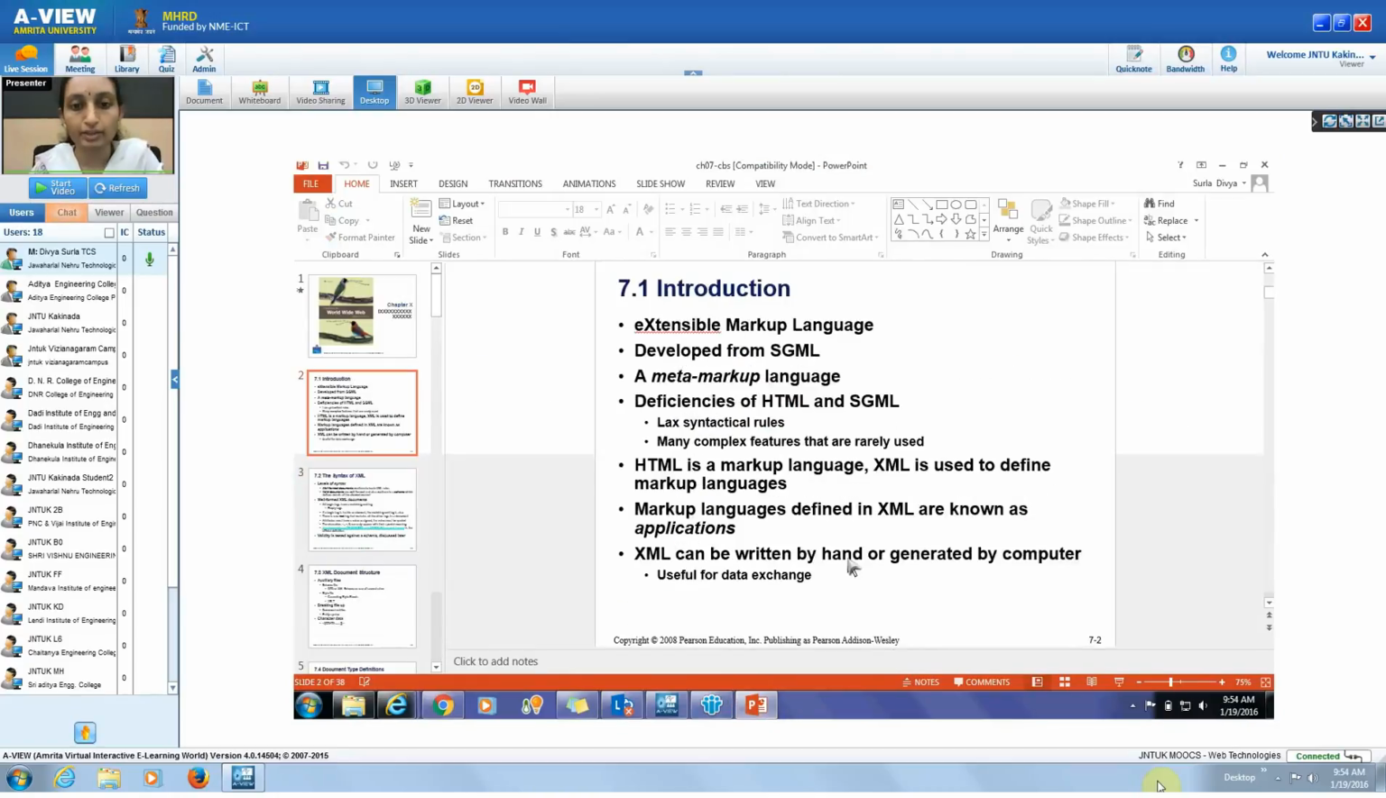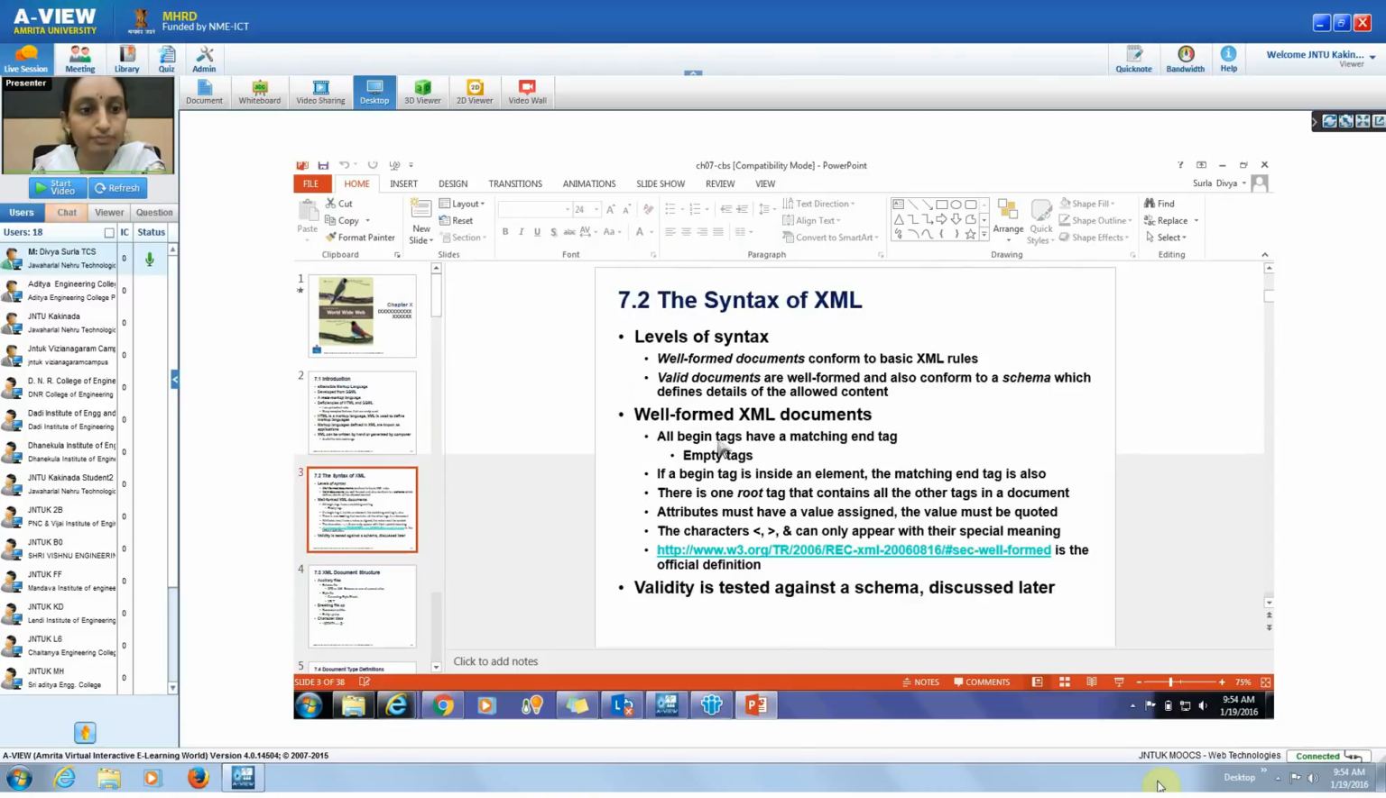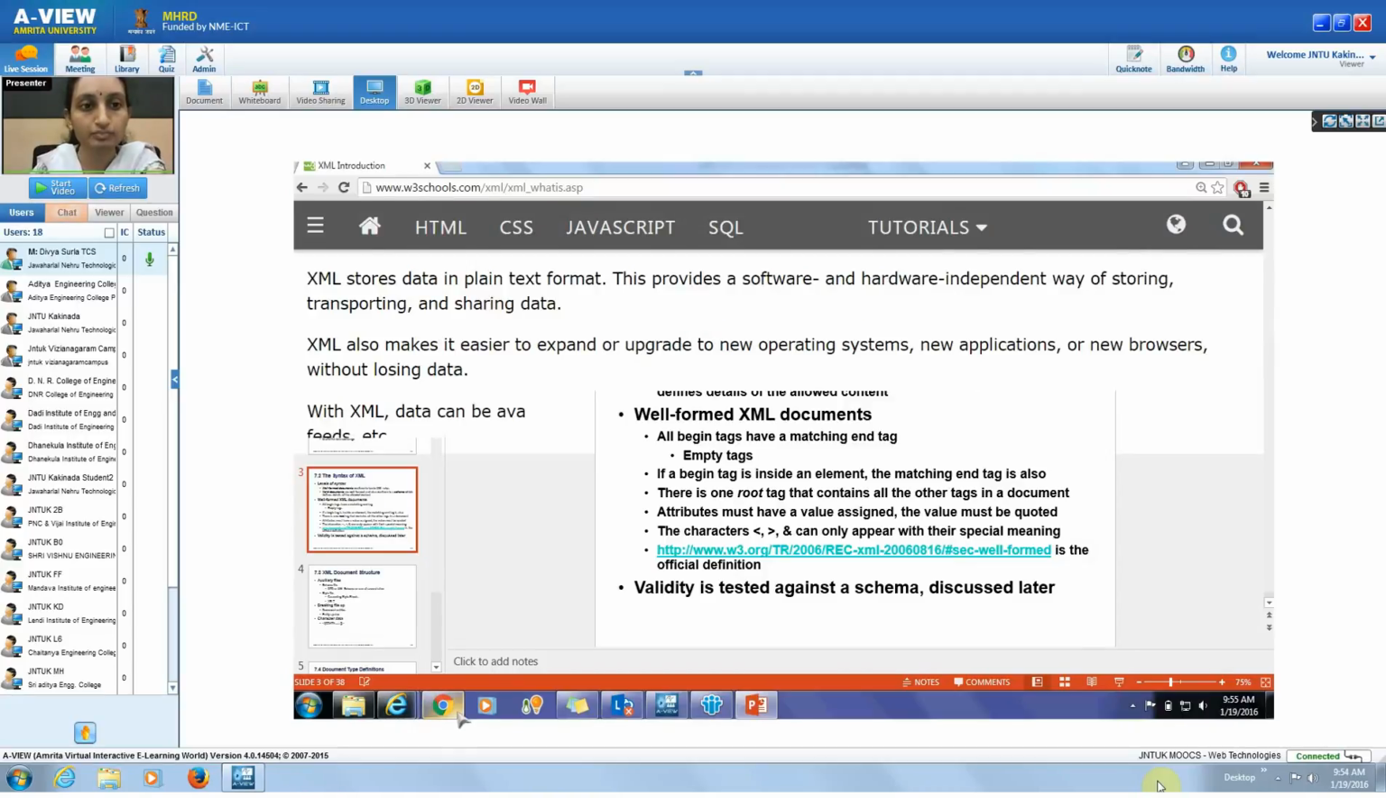So now coming back to our PPT, we can see this we have discussed. Syntax of XML, levels of syntax. Well-formed documents conform to basic XML rules. Valid documents are well-formed and also conform to a schema which defines the details of the allowed text. What it means is like,